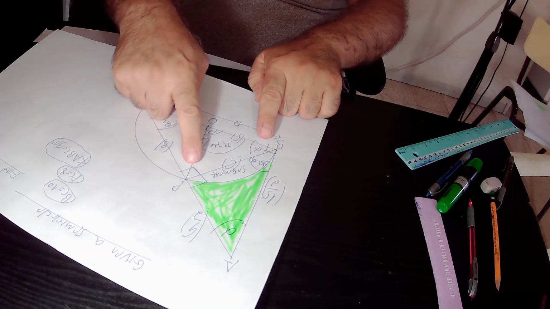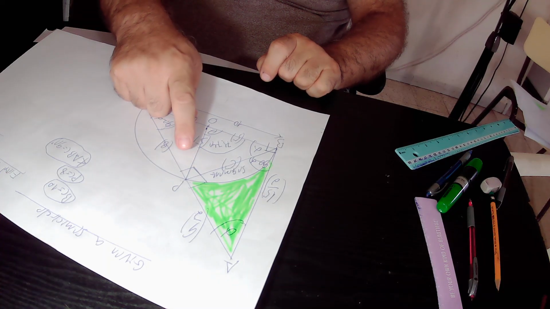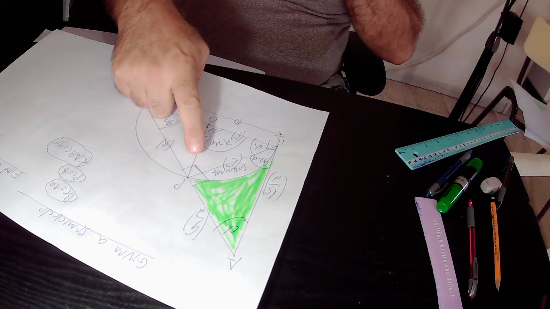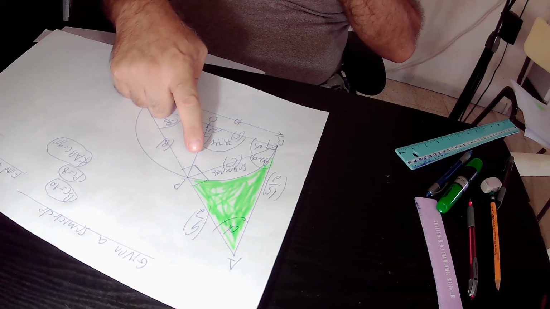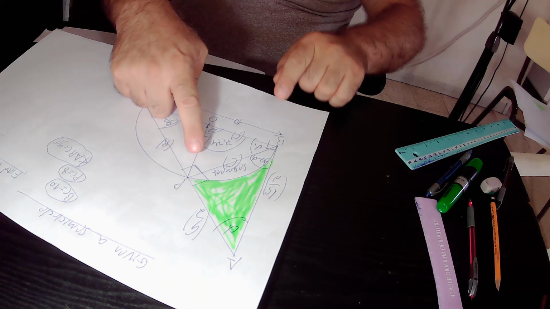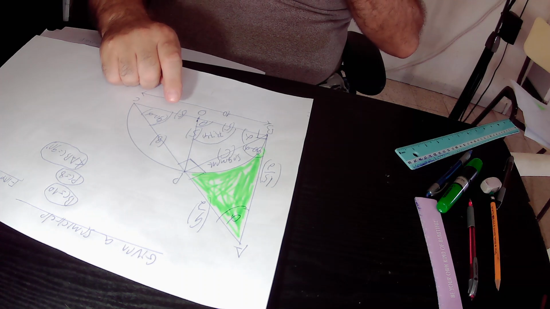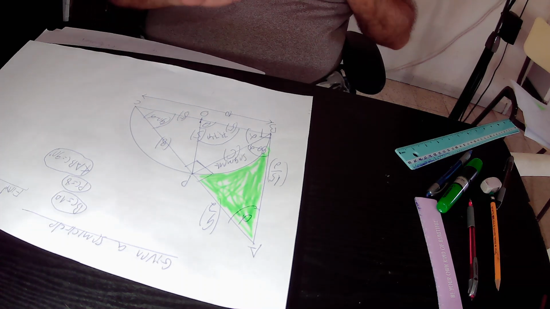So those two angles must be equal to each other. So if we say the size of this angle is alpha, then the size of this, actually,